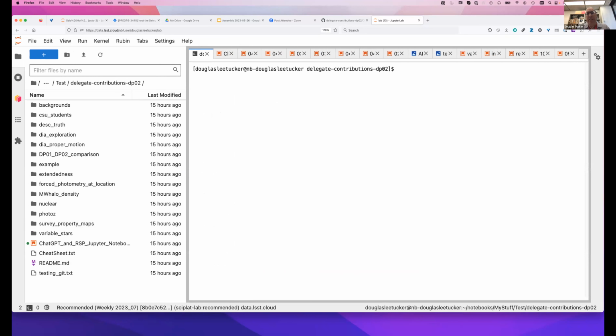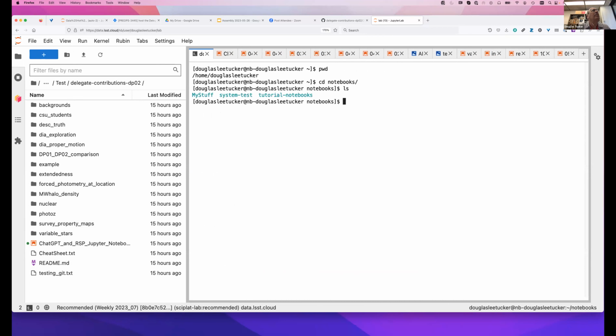I'd already done this yesterday, but I'm going to do it a little bit from scratch here. It's very easy. You log into your terminal and go into notebooks. For instance, I'm going to make a temp directory to do this right here, but you can do it in any directory you want.